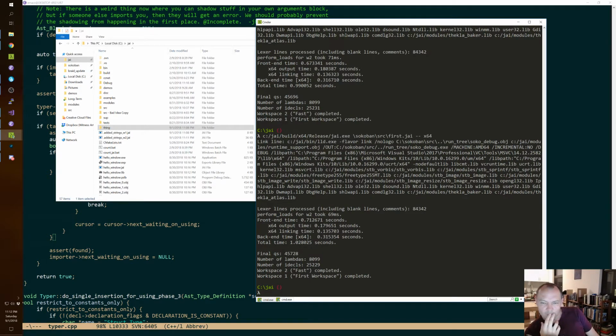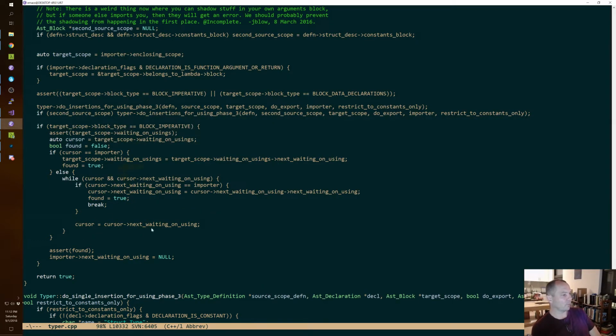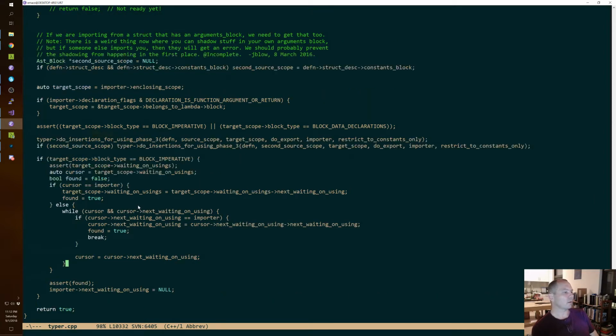What am I doing instead of doing dependencies? Well, there's this waiting on using thing. The answer is different depending on what's happening, right? Here we have this waiting on using thing, which is a list on scopes.